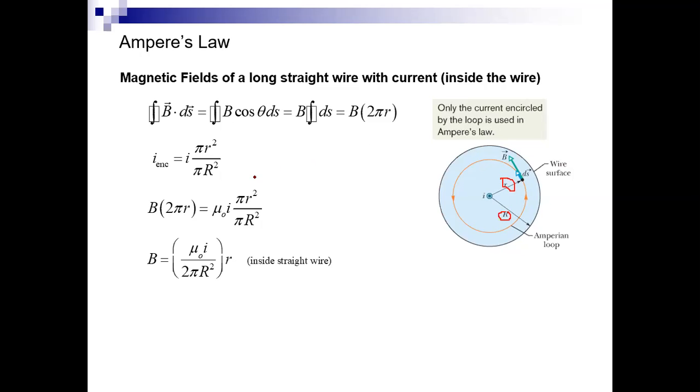Just by taking the ratio of both currents and putting it into this equation, we come to this result. Inside the straight wire, at a point where small r and capital R are equal, it will become the same equation as in the previous case. As you keep decreasing the smaller radius from the center, the magnitude will keep decreasing, because all the other parameters remain constant.